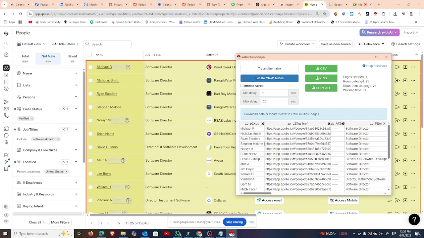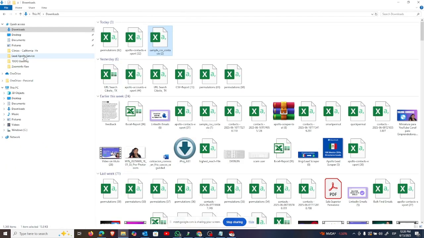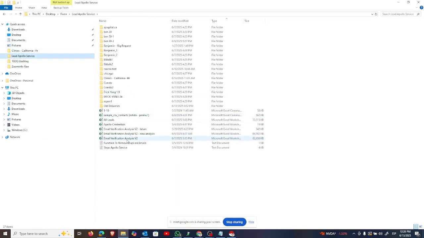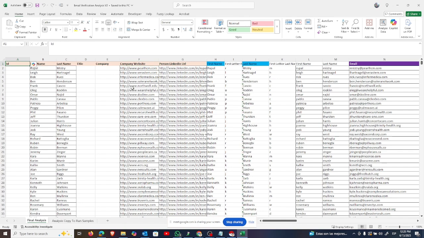And you can use this to extract this information. This is a free tool, and then you can use an Excel to create the permutations. Let me show you my Excel. This is another method. Let me just show you. So here, for example, I have first name, last name, company website, and then